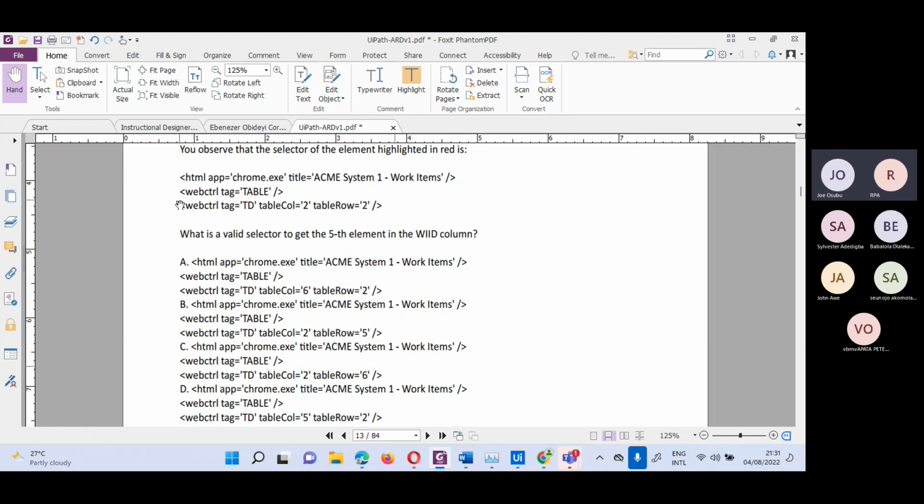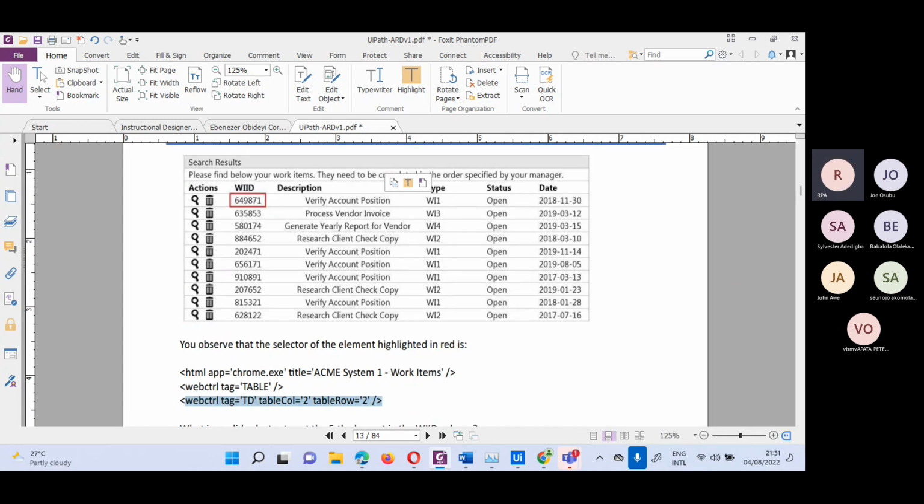You know, in the selector, this is what handles the element in that cell. Everything we have here, this is the first selector. Is this a selector for the container? For that element, for this one in red, the web control tag equals to the table column equals to